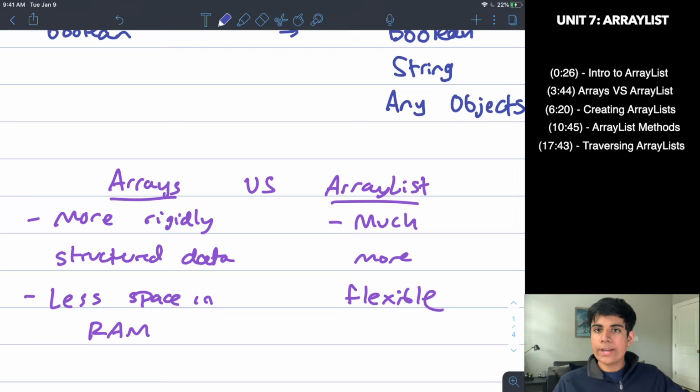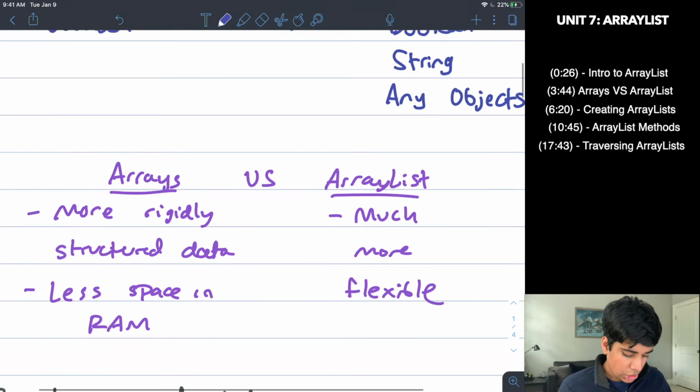So for example, let's say you're creating a grocery list. If you are adding items to your grocery list, of course, you're not going to know beforehand how many items there's going to be on your grocery list. You want to add on to it as you go along. Arrays do not allow you to do that. However, array lists do. With array lists, you can actually add on to the end. You can add in between different ones. You can change the values of certain elements, right? You can actually remove certain elements. And the actual length, or in this case we call it size, the size of the array list can actually change. It can get bigger or smaller since the time that it was actually created,